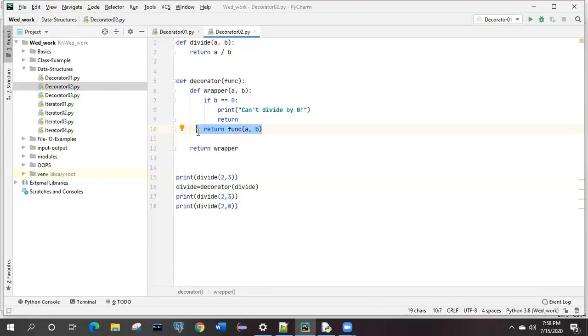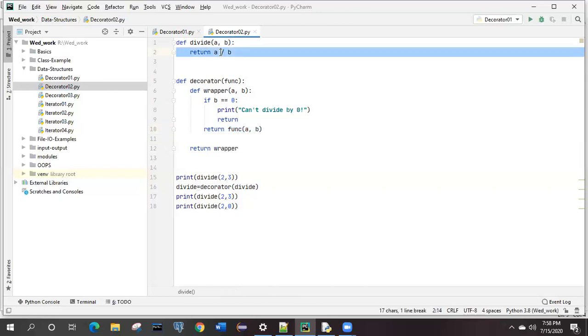And what is the fun? Fun will be whatever function is written there, that will be overridden by the divide method. So now it will return divide of a comma b. So divide of a comma b will be this one only. But before this, it has done some decoration part, and in the decoration only, it has given you the message.